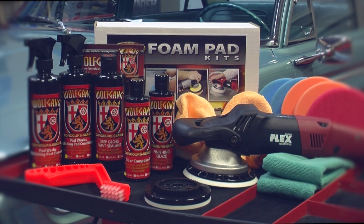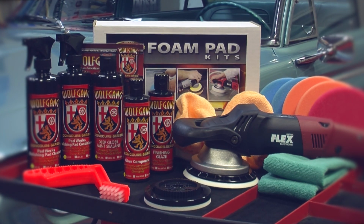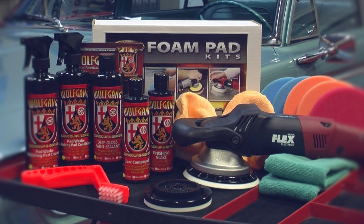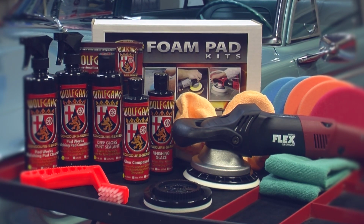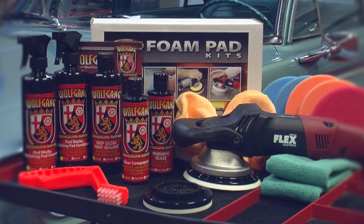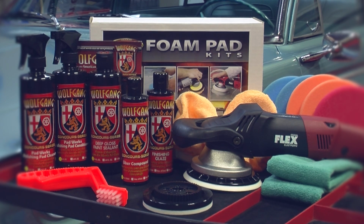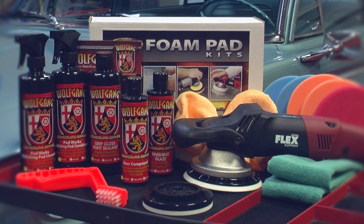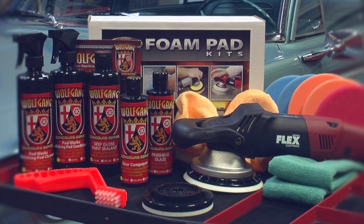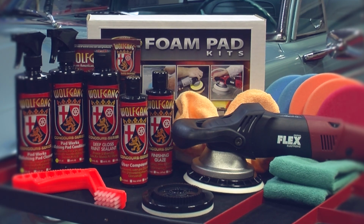In addition to the XC3401, this kit also includes Wolfgang Uber Compound, Finishing Glaze, and Deep Gloss Paint Sealant. The first step removes the imperfections, the second step refines the surface, and the third step locks in the shine and protects the finish. Just to make it easy, we've included the proper Lake Country Hydrotech pads to use with each product. We're not joking when we say this kit includes everything you need to polish your car from start